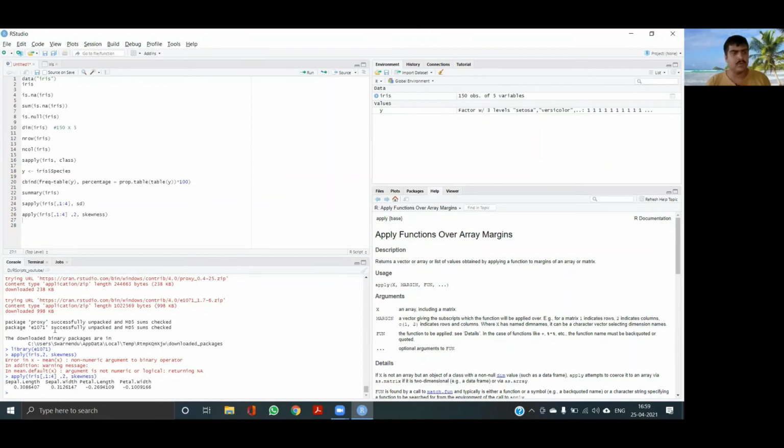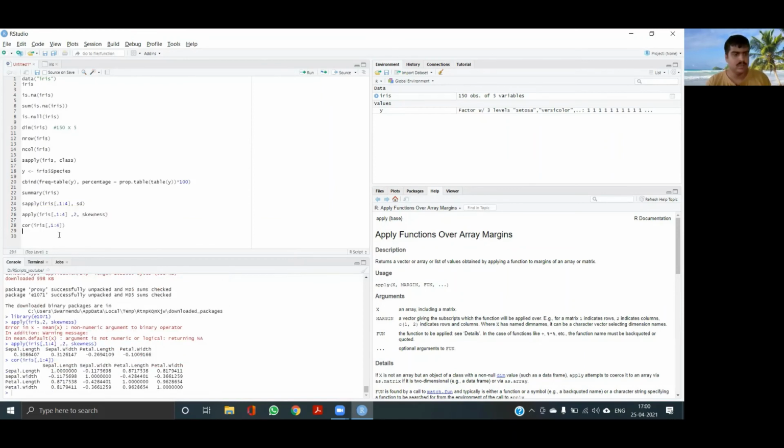Okay, so one more thing that comes into action here is the correlation. Now correlation can be between two things, the self correlation and the intercorrelation. Obviously self correlation of a variable with itself is always 1, but what about its dependency on the other variables? Let's see. So let's do a cor function, cor, then the data set, which is the iris, and then we gave the columns 1 2 3 4. Okay, so now what we got, see, sepal length with sepal length is always 1,